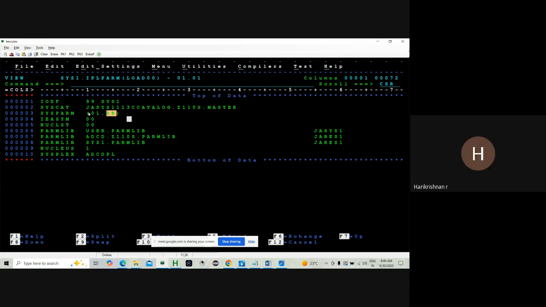Default is IEASYS00. Now here I have mentioned IEASYS01. Whatever parameters are given under IEASYS01, after reading all the parameters inside IEASYS01, your system by default searches the parameters given under